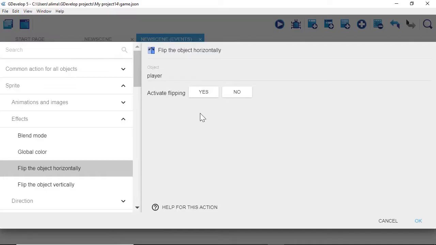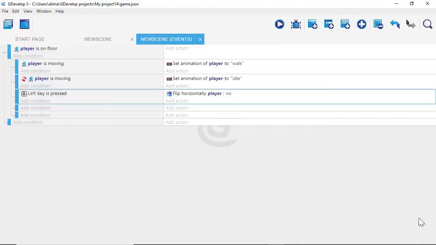The character is faced towards the left and we're setting up to push towards the left. Remember, left is already working. Left works correctly, so we don't have to have the character flip because the character is facing to the left. So we're going to click no, then we're going to click OK. Now what's nice about this is we have this set up. We need to do the same thing for the right